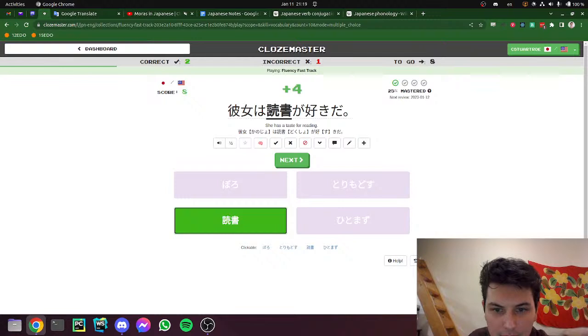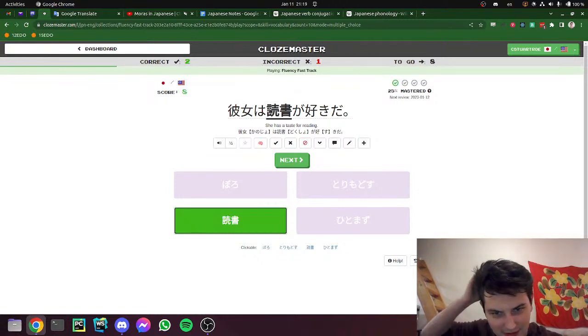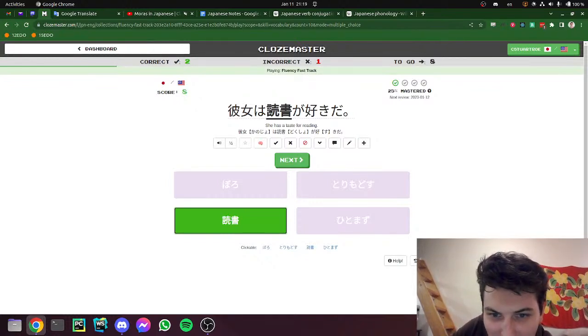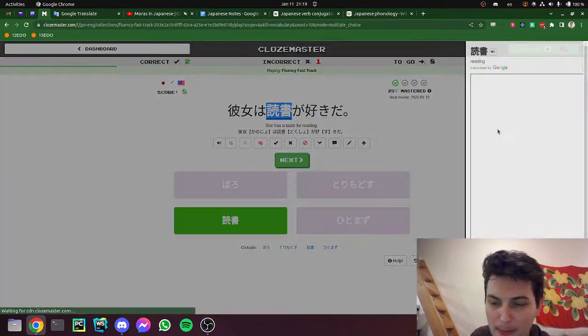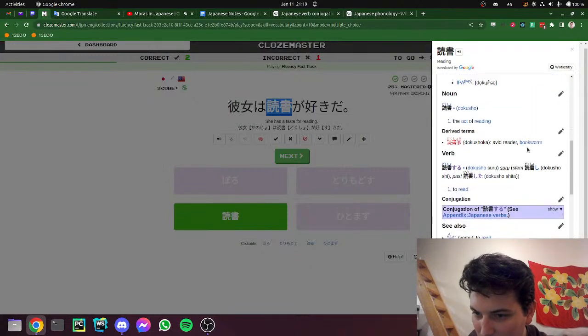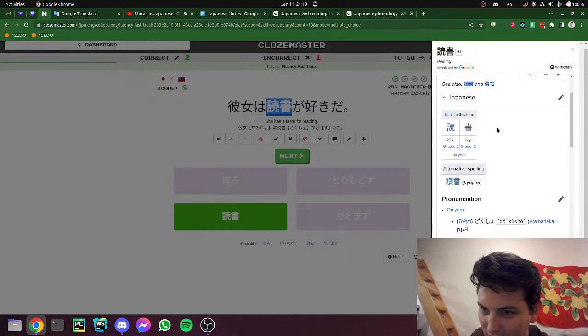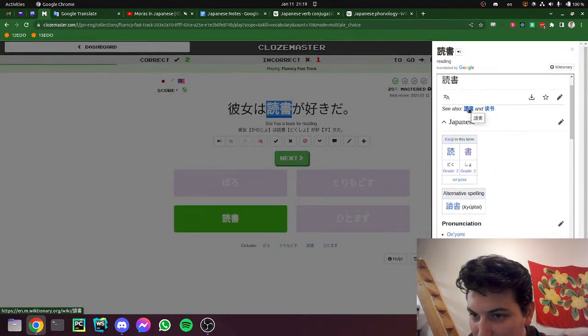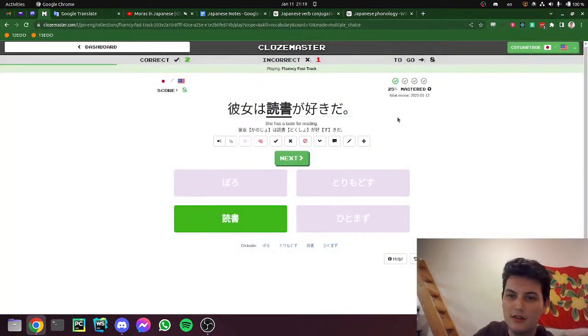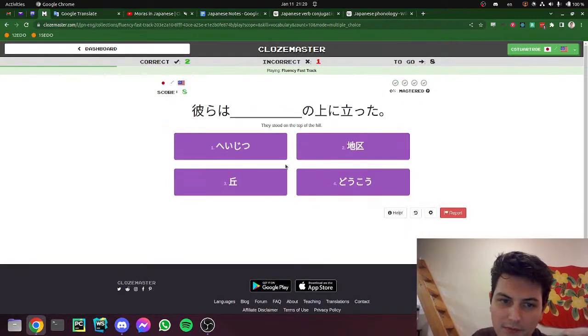彼女は読書が好きだ。Oh man, I already knew native pronunciations for both these characters. I gotta learn Chinese pronunciations. 読書. する. Oh my god. Why not just say 読む? 読書が好きだ。